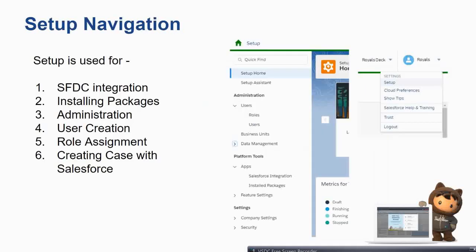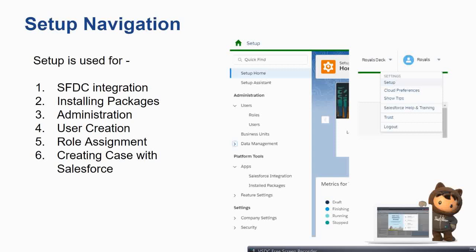Now comes the setup navigation. This part is mostly for admins or developers as well, when you are installing packages and working with APIs, for REST API, SOAP API, whatever.